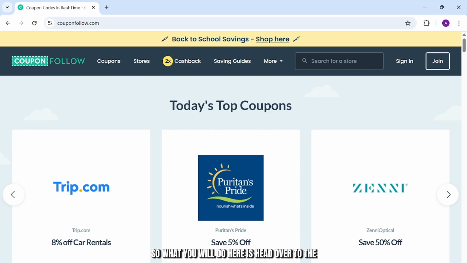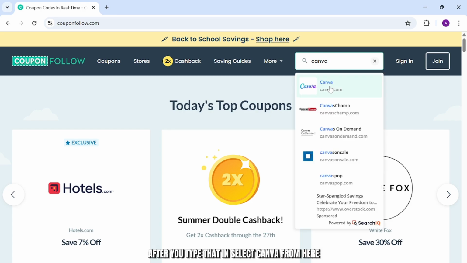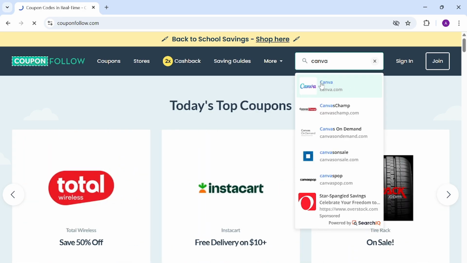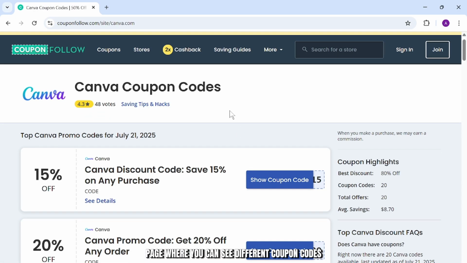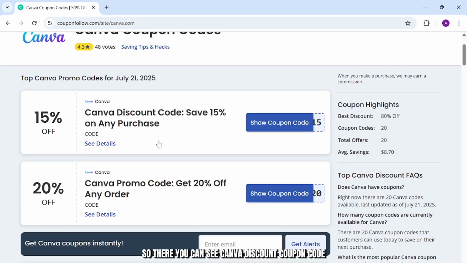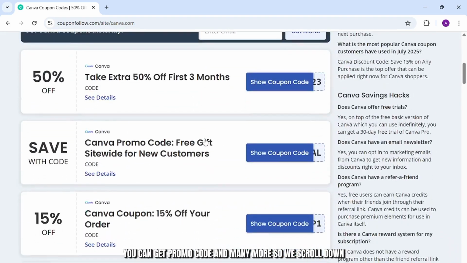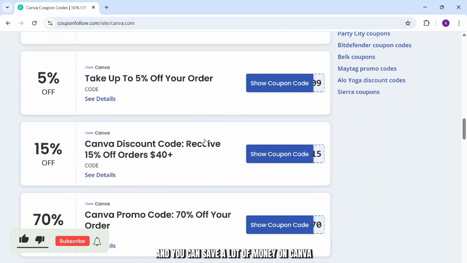So what you will do here is head over to the search for store option and type in Canva. After you type that in, select Canva from here and it should take you to this page where you can see different coupon codes. So there you can see Canva discount coupon code, you can get promo code, and many more. So if we scroll down, you can find really reasonable deals here,